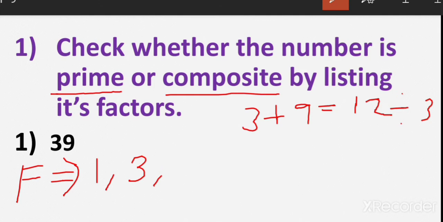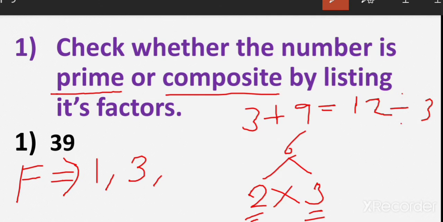So if we read the table of 4, we will be able to understand that 39 is not coming in the table of 4. By 5 it will not be divisible, by 6 also not, because what is the rule for 6? As 6 is having two factors, 2 threes are 6, if a given number is divisible by both 2 and 3, then only it is divisible by 6. Here 39 is divisible by 3 but not by 2, so it will not be divisible by 6, or you can read the table of 6 and check. 7, 8 and 9, all these numbers are also not factors of 39.